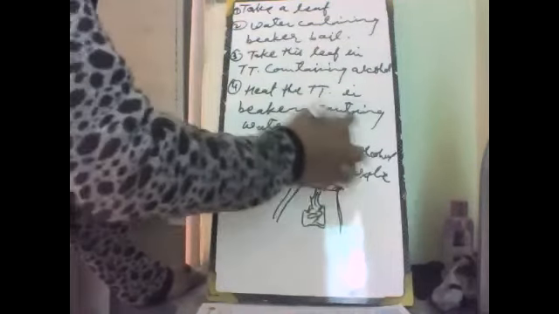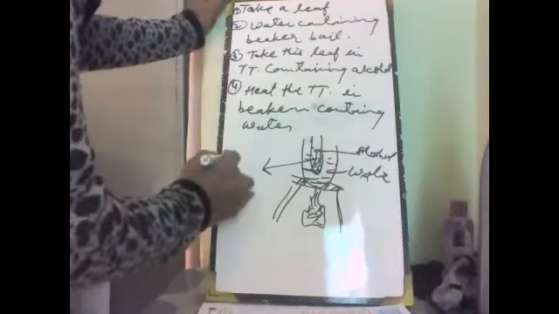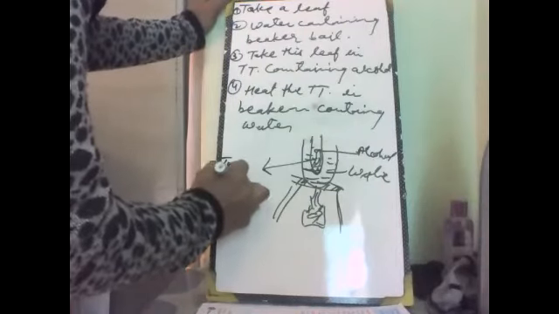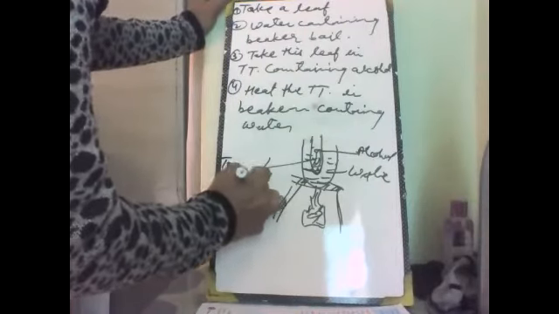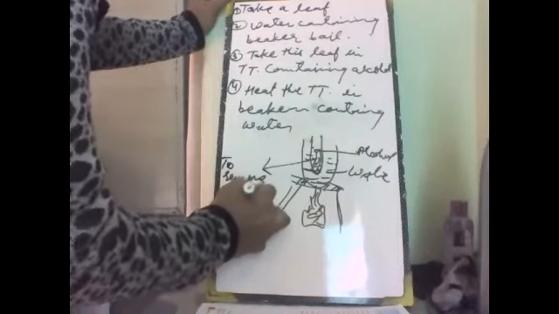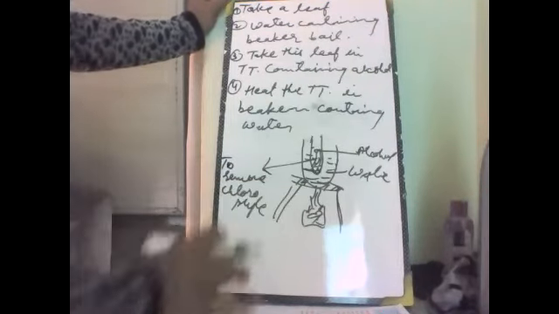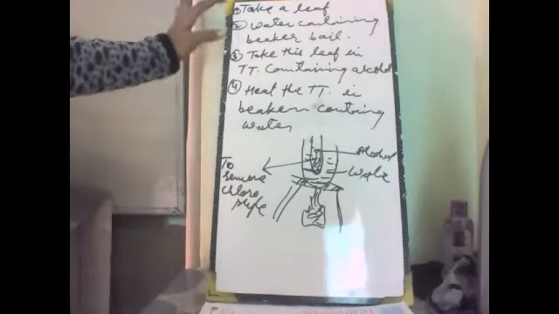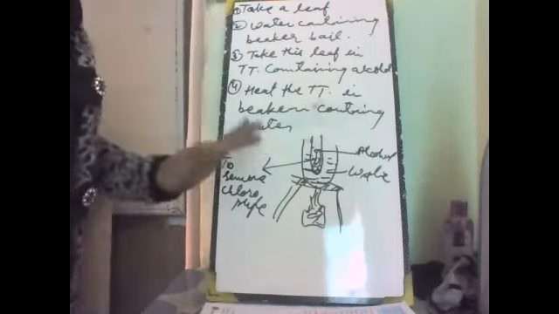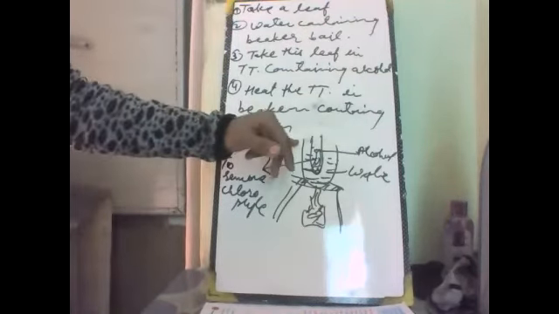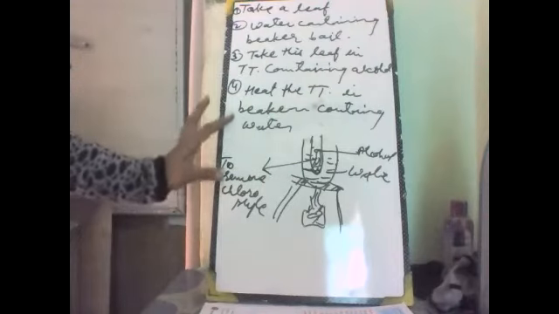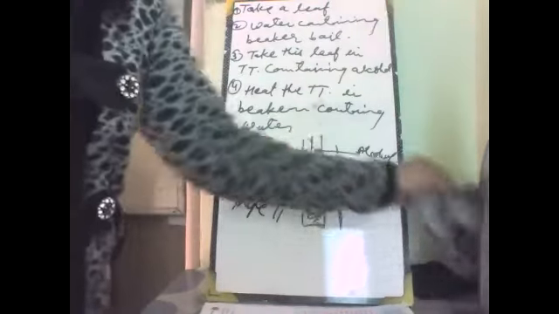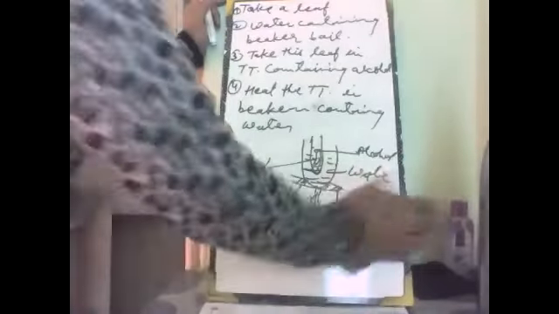Why are we heating this in alcohol? To remove chlorophyll. First we boiled the leaf in water to remove all the enzymes. Then we heat it in alcohol to remove chlorophyll. After doing this, take out the leaf and wash it with water.